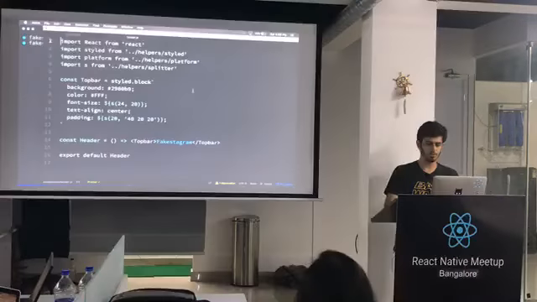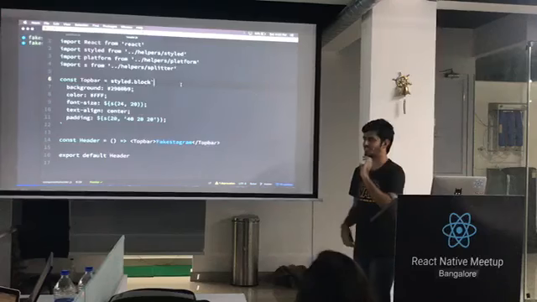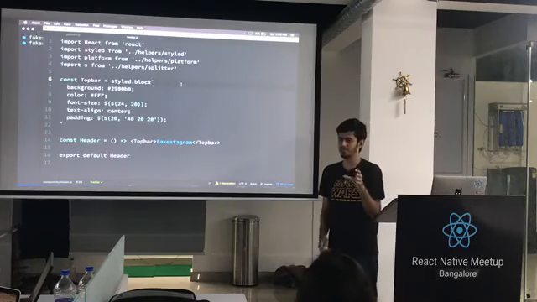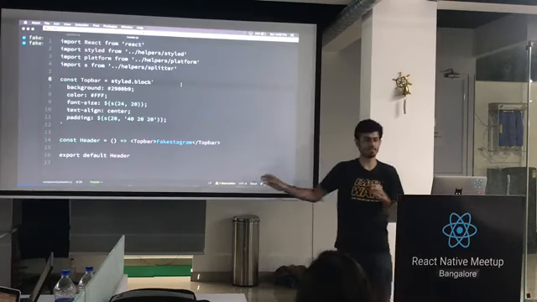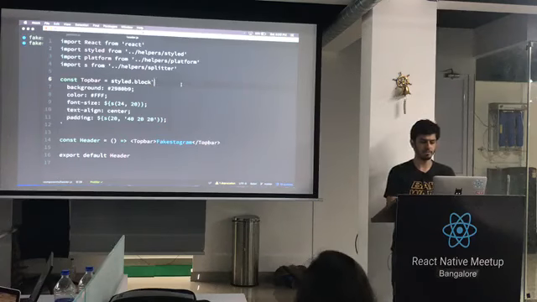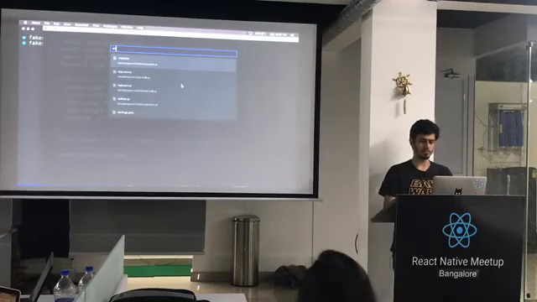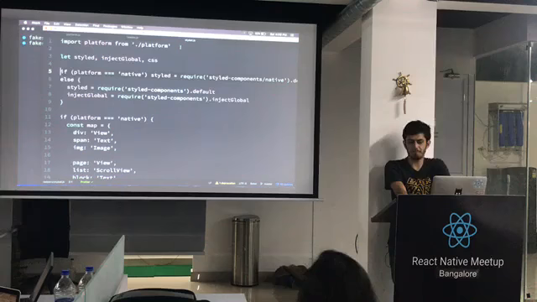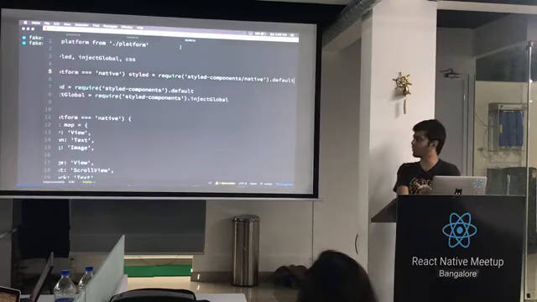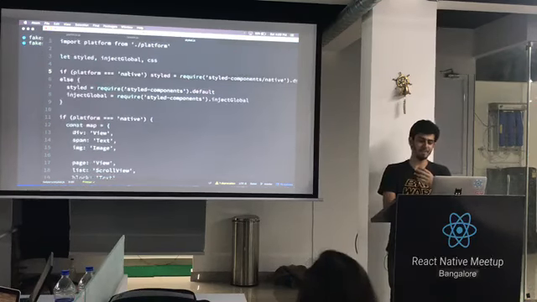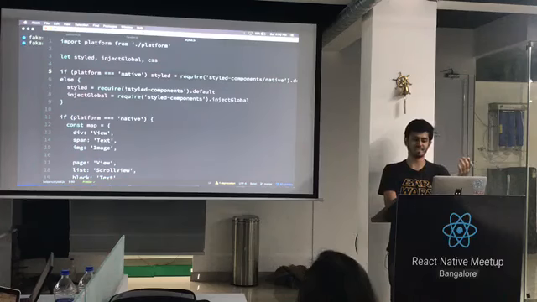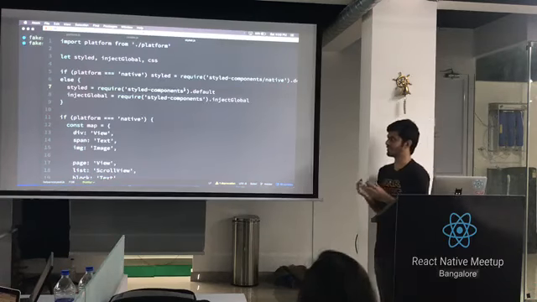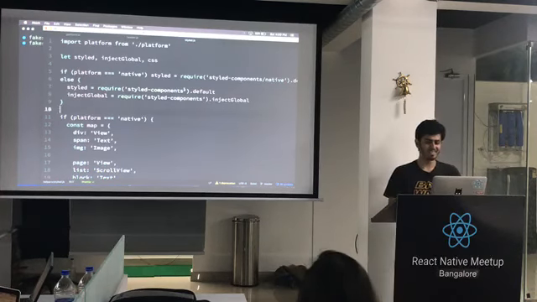Now this guy needs to render styled-components, the web one for web, and styled-components, the native guy for native. And so what you do is you create a wrapper. Basically, I've created 3 or 4 helper functions to help me out. And this is what it looks like. I get the platform from the earlier file, and I say if platform is native, then require styled-components/native. If platform is not native, then require this, right? And the rest of the things should almost be the same.